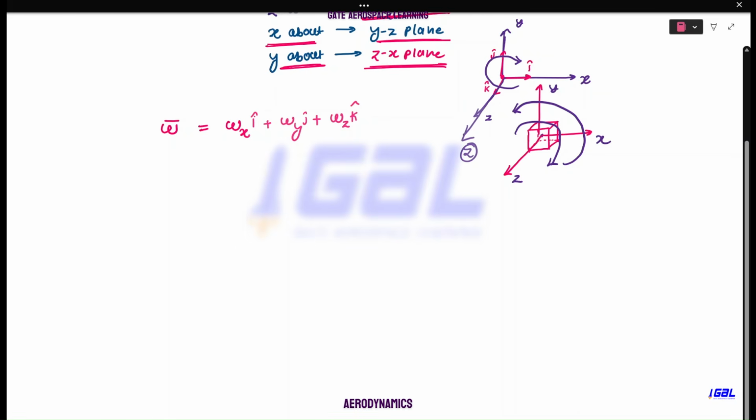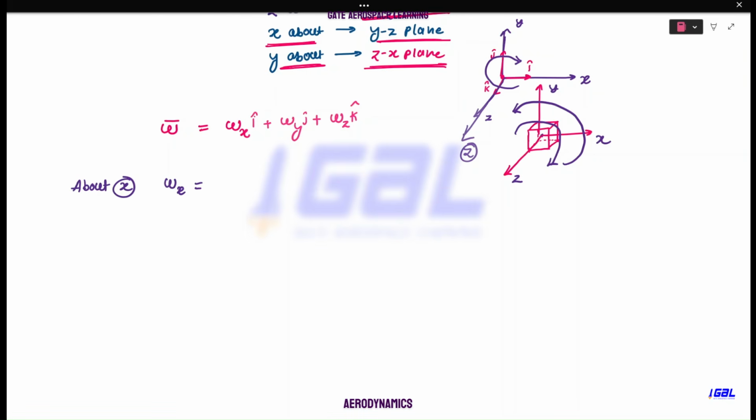That is the question, right? I'm not going into the derivation. Derivation is not important for our understanding or for solving numericals. Our equations and formulas are more than enough. If you want, you can go through F.M. White, Cengel and Cimbala, or John D. Anderson's Aerodynamics, but derivation is not required. So to write the omega x, that means